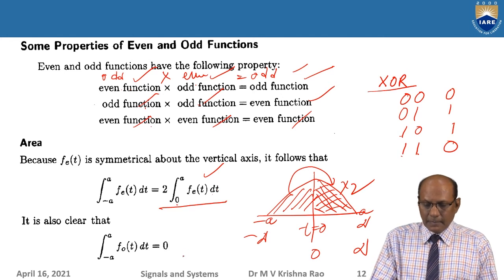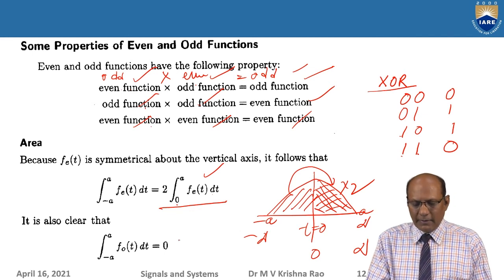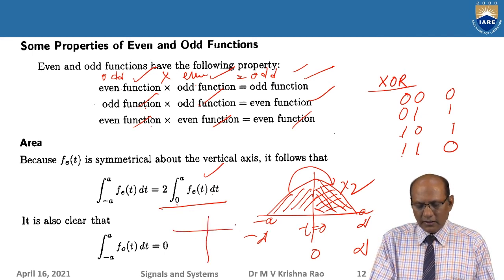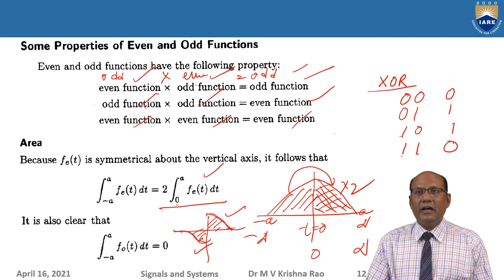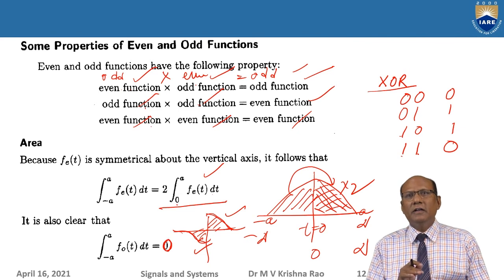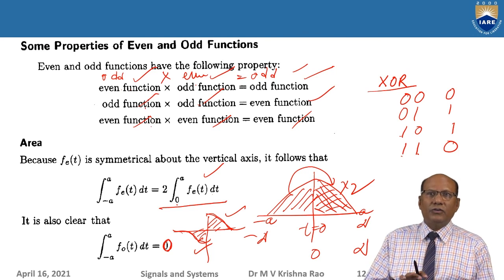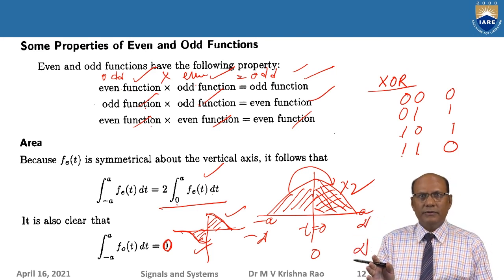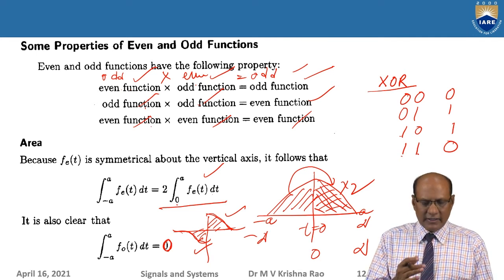Now, if it is odd symmetry, what will happen? See here, odd symmetry. On this side we have one thing and on this side I have this. So this area and this area: this is positive area, this is negative area. When you add together, you will get exactly 0. That means if it is a symmetric function, the area under the curve is twice that of the half part. Okay. If it is an odd function, the area is 0 because the positive side area is cancelling with the negative side area.